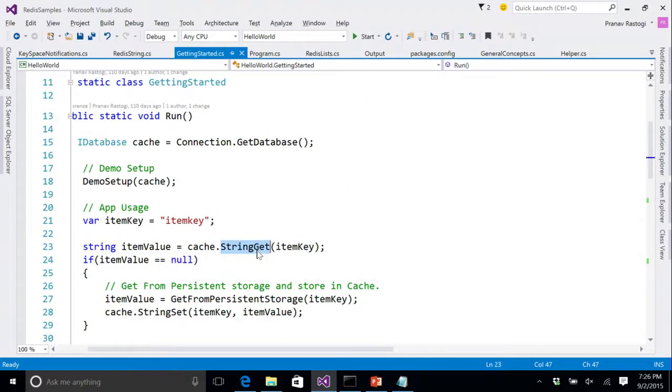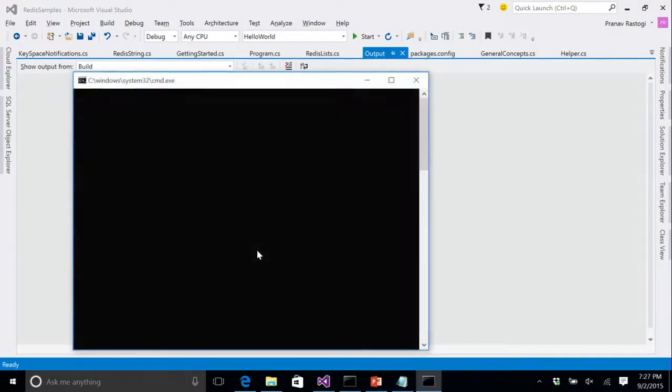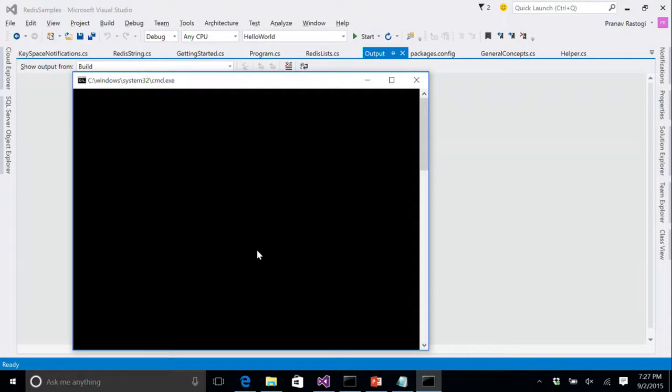And then I'm using very simple APIs of string get. It tries to get a value from the cache. In my case, if the value doesn't exist, then I get it from my persistent store, and then I can store this value in the cache as well. And then I print out this value. So if I just run this app,